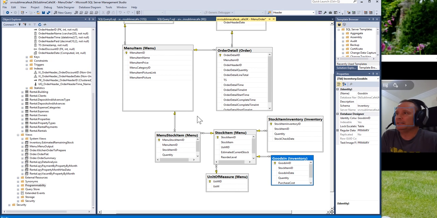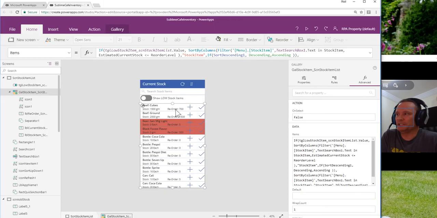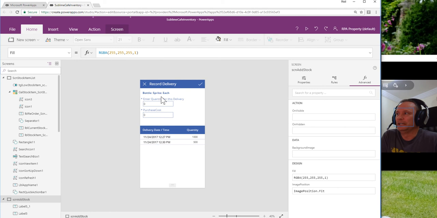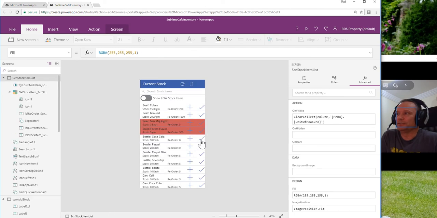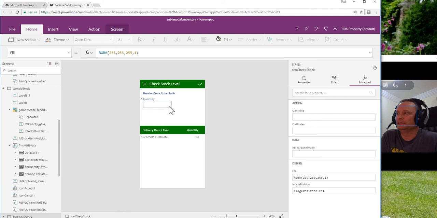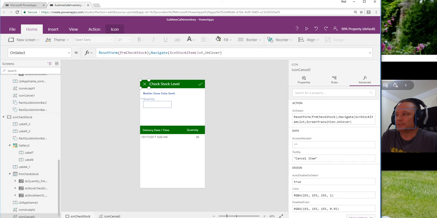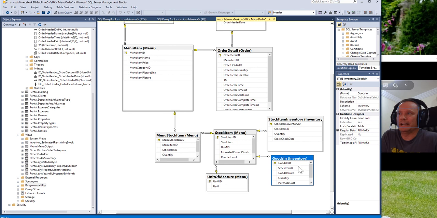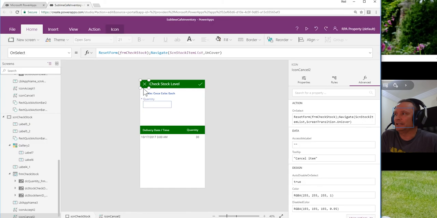So my solution for this one was not even to attempt to do it in PowerApps. I have a PowerApp application which shows us how much we've currently got in stock of each item, and it gives us a chance to add more stock and to confirm the amount of stock that we currently have. Those go into the tables that we were looking at here, the stock inventory and the goods in table. And the way that we work out how much we currently have available to us